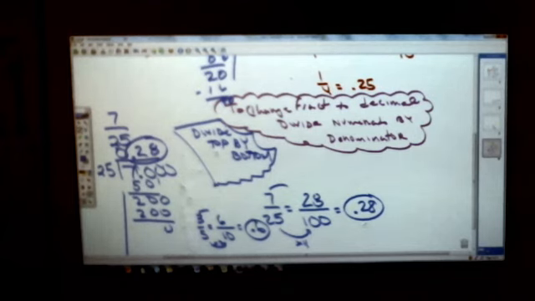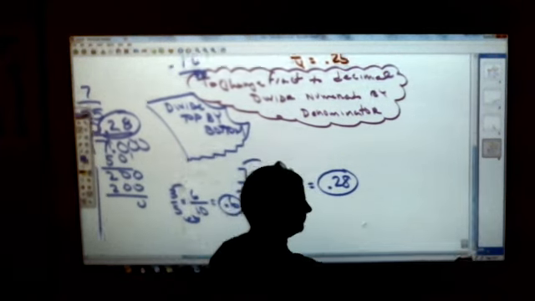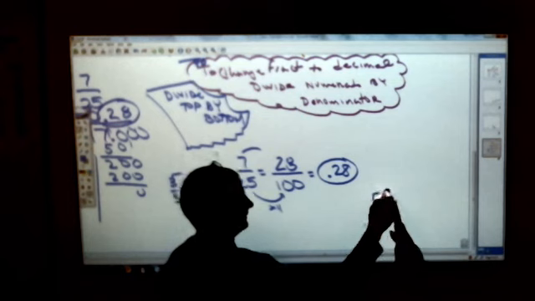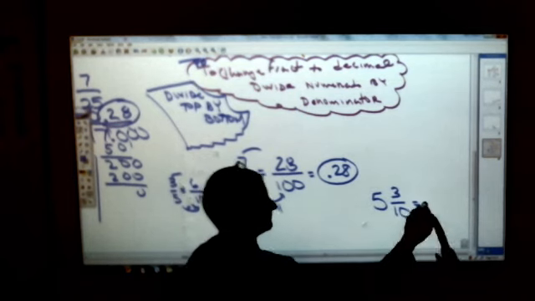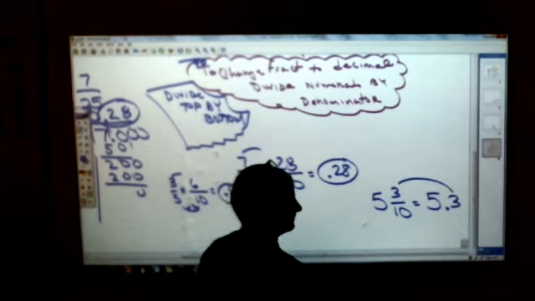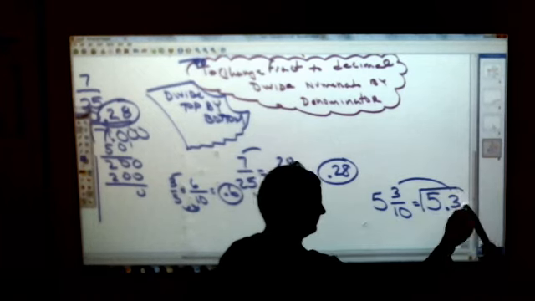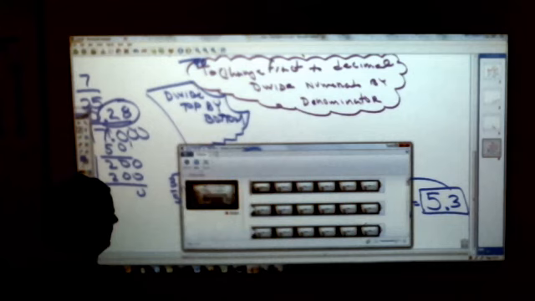But they might give you a mixed number. Don't let that confuse you. If you had 5 3/10 and you're asked to change that to a decimal, it is 5.3. The 3 after the decimal point is 3/10, so it's pretty simple there. Got that? And then